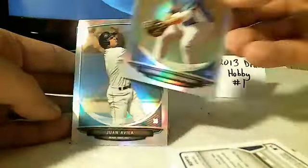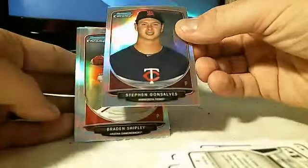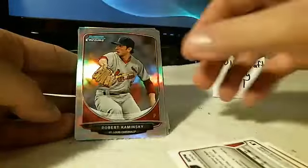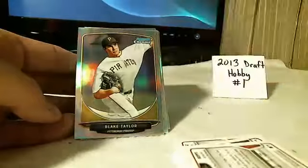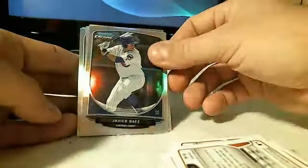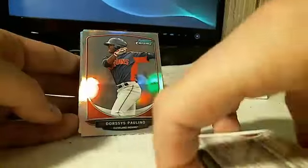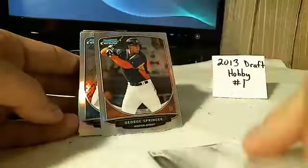the Braves, Vogelbach for the Cubs, Avila for the Marlins, Franklin for the Mariners, Gonzalez for the Twins, Shipley for the Diamondbacks, Sweeney for the Phillies, Kaminsky for the Cardinals, Cateau for the Yankees, Stewart for the Twins, Taylor for the Pirates, Ureta for the Orioles, Correa for the Astros, Baez for the Cubs, Kanzler for the Twins, Townsley for the Marlins, Efforts for the Marlins, Easton for the Twins, Paulino for the Indians, Pena for the Twins, Springer for